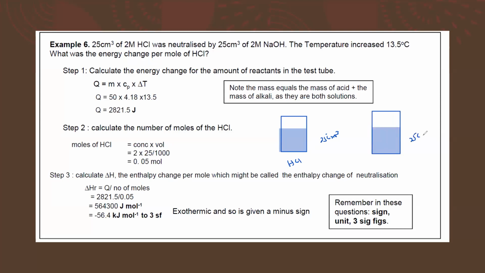We normally keep them for some time so that both will have the same starting temperature, and then we mix them together in another container. So the moment when we mix them, what will be the volume of the reaction mixture? The volume of the reaction mixture is now 50, because you mix 25 cm³ of HCl with 25 cm³ of sodium hydroxide. So the volume will be 50 cm³.